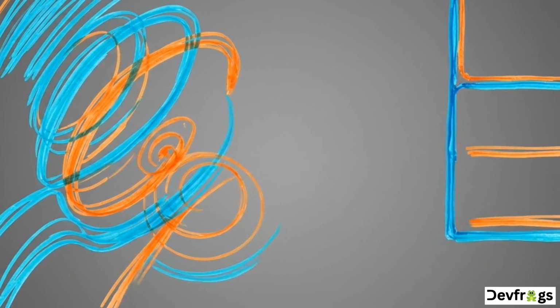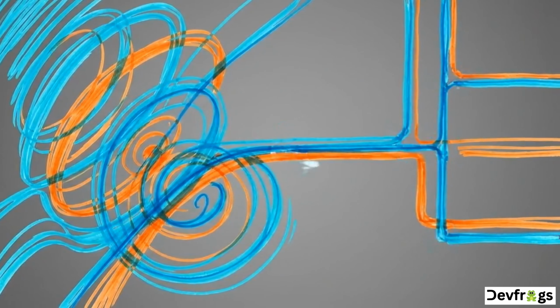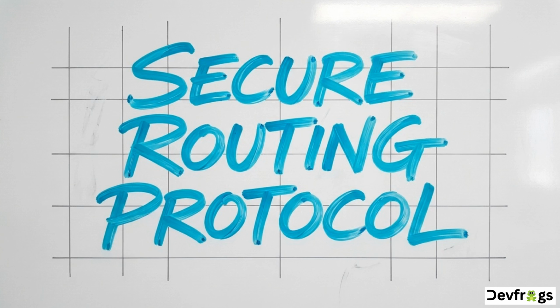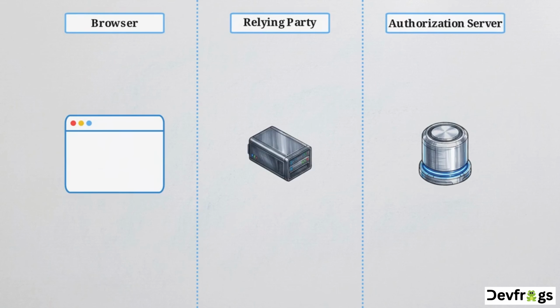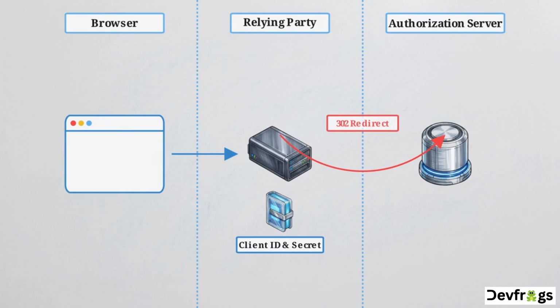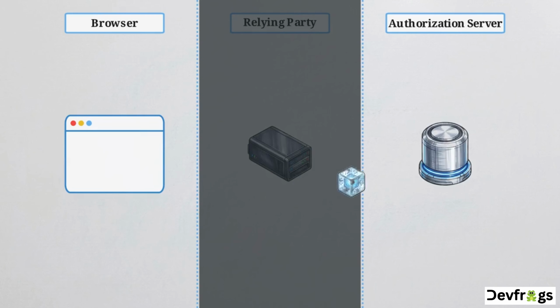To securely link the applications to the authorization server, we need to establish the precise network routing sequence. The industry standard for this is the authorization code flow with PKCE. This swim lane plots 3 entities: browser, relying party, and authorization server. The app registers to receive a client ID and secret. Unauthenticated users are redirected from the app directly to the auth server's login. This password exchange cleanly bypasses the originating app's backend.